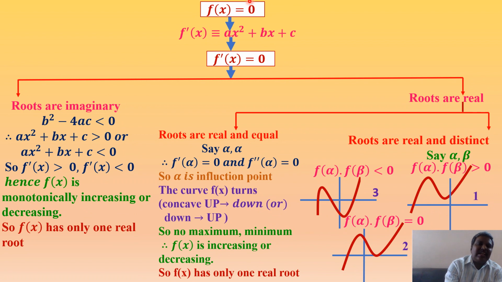After getting the general equation of the cubic form, take f dash x equal to 0. If it has imaginary roots, immediately it has one and only one real root for f of x equal to 0, so one real normal can be drawn. If f dash x equal to 0 has equal roots, then f of x has only one real root and correspondingly one real normal. If f dash x equal to 0 has two real and distinct roots, say alpha and beta, then f of alpha into f of beta less than 0 gives three real normals, greater than 0 gives one real normal, and equal to 0 gives two real normals from the given point to the parabola.